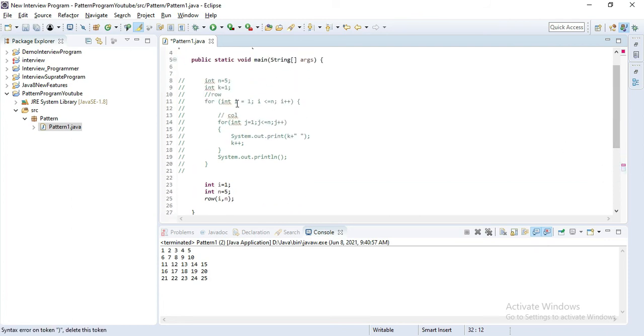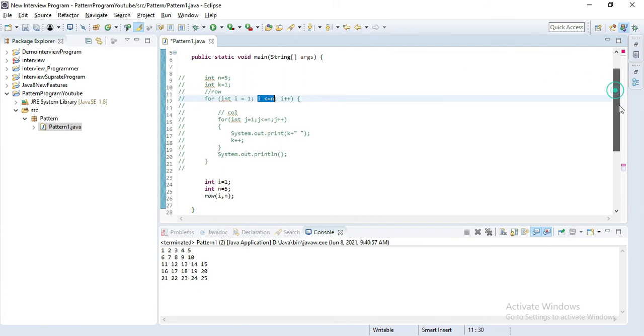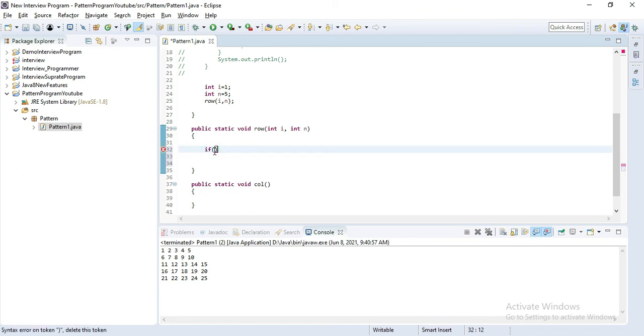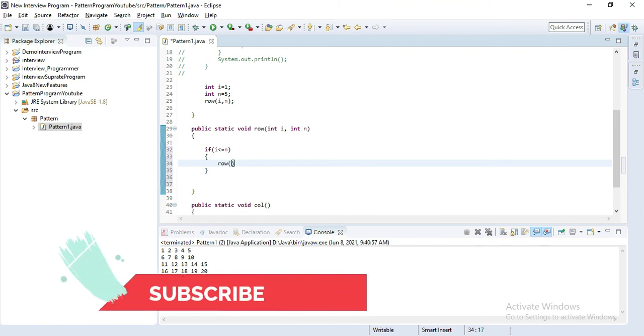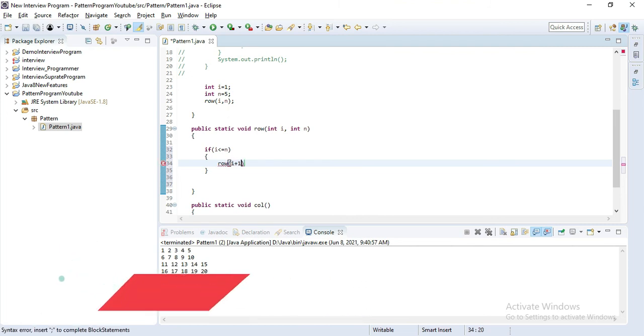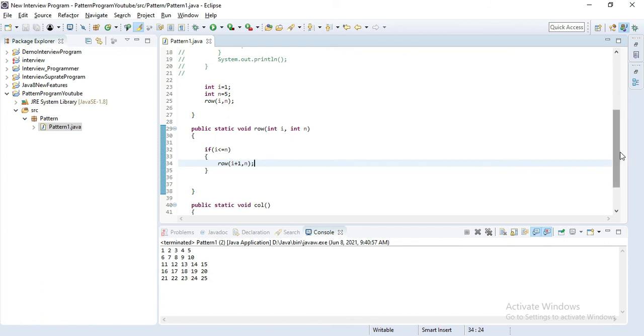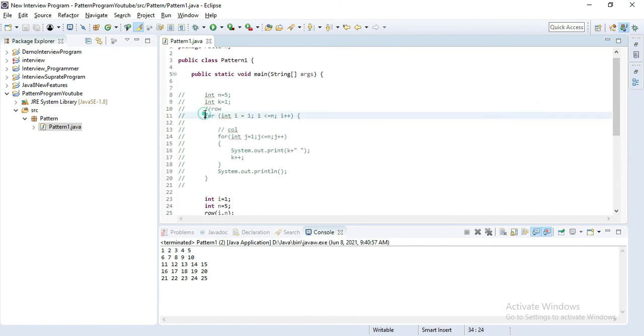In a for loop you can observe our i is incrementing by 1 every time, and we check the condition i is less than or equal to n. Here we define the same condition: if i is less than or equal to n, then call the row method, increment i plus 1 and pass the same n.